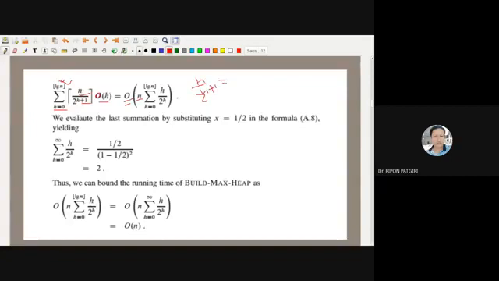So let's say H. So half of H divided by 2 to the power H. This half is constant. That's why we don't include it in the big O. Okay. So H divided by H. So after this, if we solve this equation,